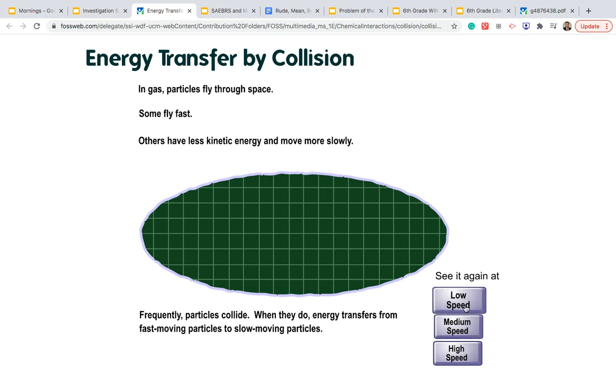We're going to watch it again, looking at it with our lower speed. You see our slow particle coming in, and it hits our faster moving particle. We'll watch medium speed, and then, of course, high speed. Our blue is our slow moving particle, and our red is our fast one. When they collide, they turn purple to show that they end up going the same speed after they collide. That's what particles do. They average out. The fast one gives the slow one kinetic energy, and then they're moving at the same speed.